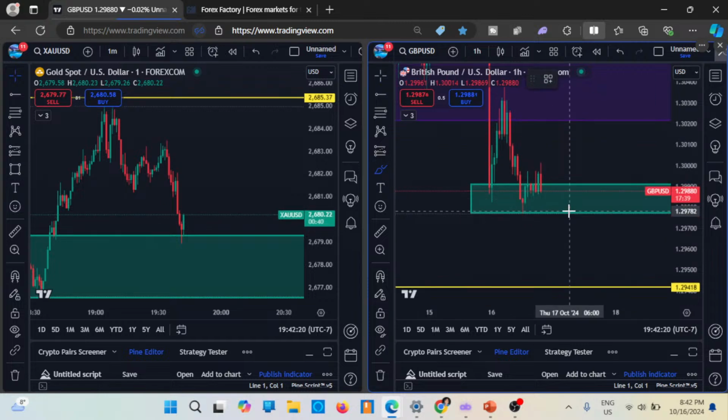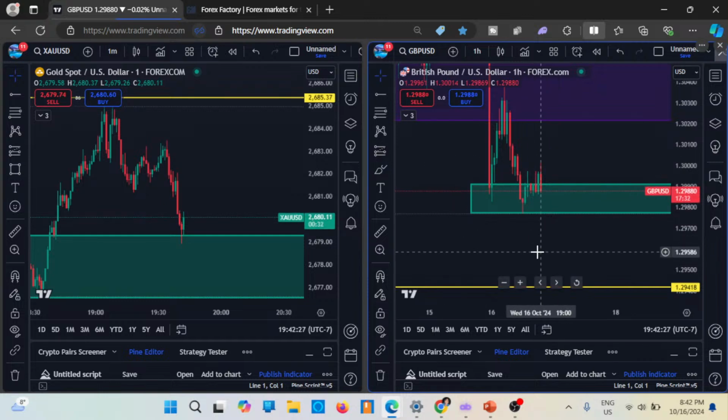We want to enter a buy for GBP USD. Market execution, yeah, pretty much. We always place our trade through market